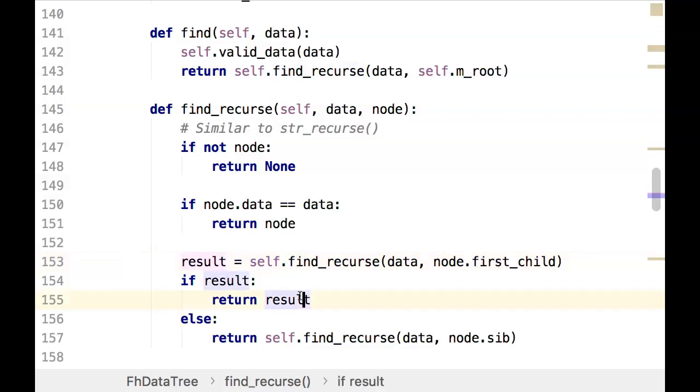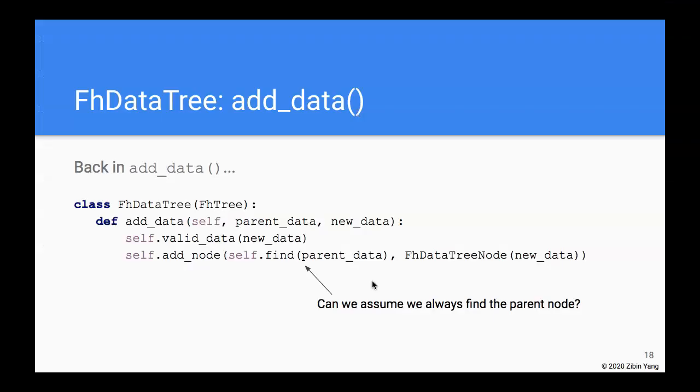So in that case, it's done searching, it can just return the node. Now, if the node that find recurse on the children is none, then it should look to its siblings. And that's all it takes to search through the entire tree for the piece of data. So with the find method implemented, we can complete our implementation of add data, that the parent node that contains